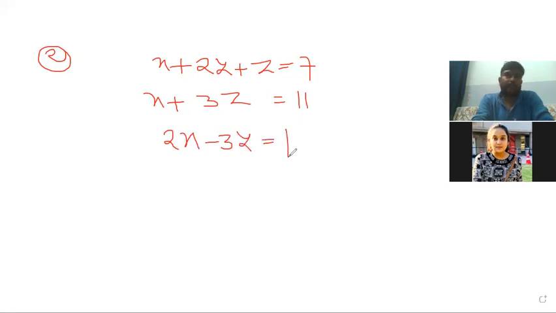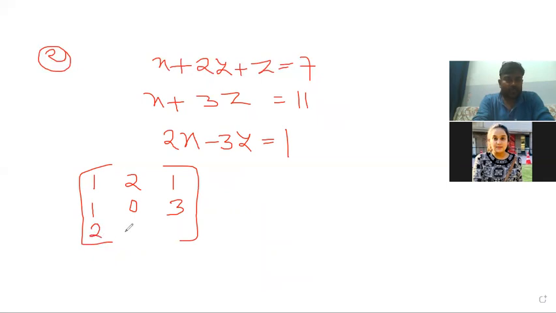So you see that here we can change this into a matrix in this way. In the first equation, x, y, and z are available. We write down the coefficients of that. In the second equation, x is available and the coefficient of x is 1. Y is missing, so we write 0 here. And the coefficient of z is 3 here.